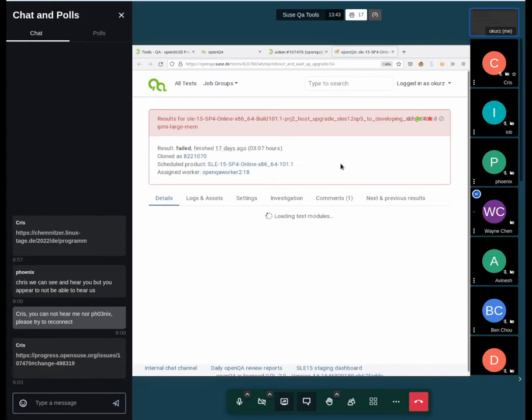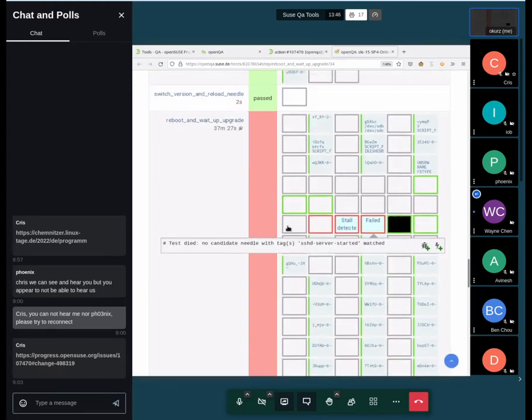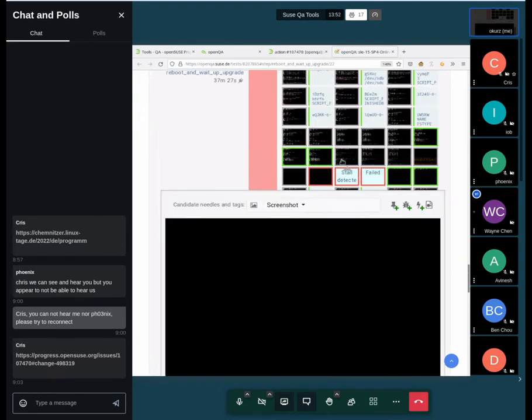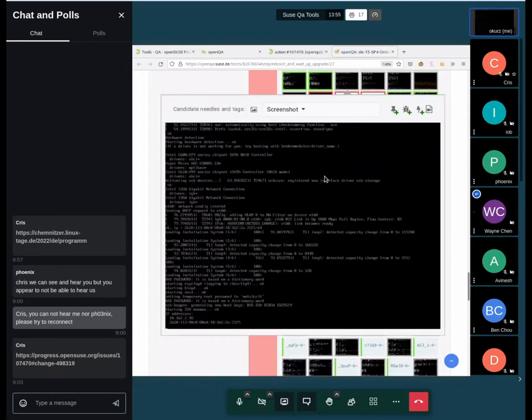The test needs to detect the SSHD server started needle firstly, to make sure that the SSHD server service is already up and running. Then it can switch to the SSH console, root SSH or something else, but anyway, you can connect via SSH. Unfortunately, the test kept failing on detecting the needle. There's no way for the test to know whether the SSH service is already up and running, so maybe it has to jump into trying to connect to the SSH